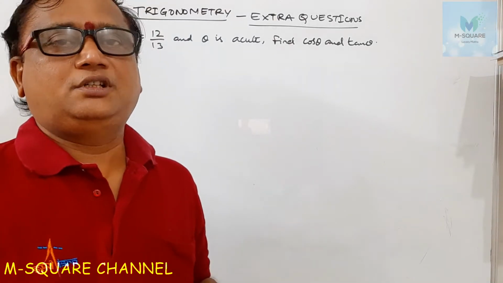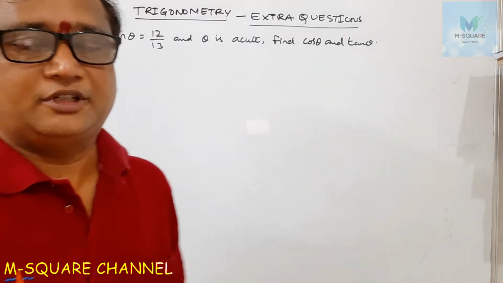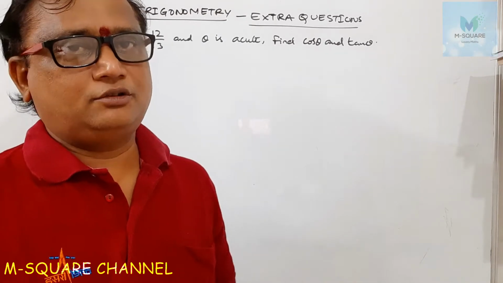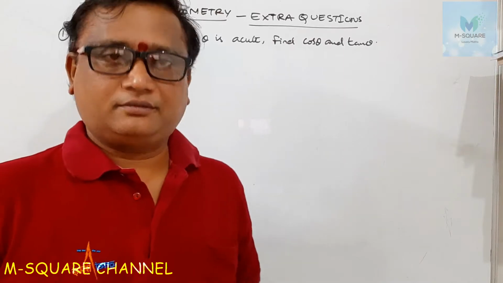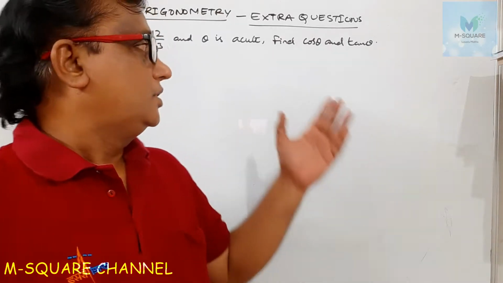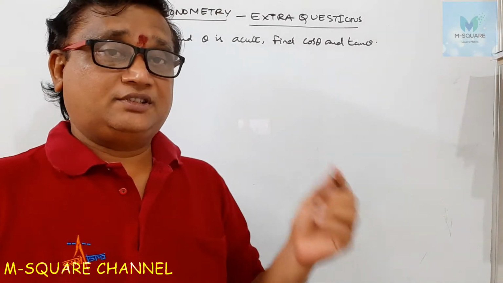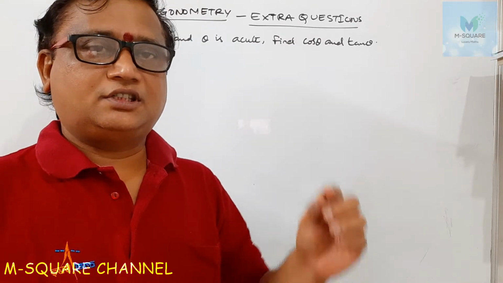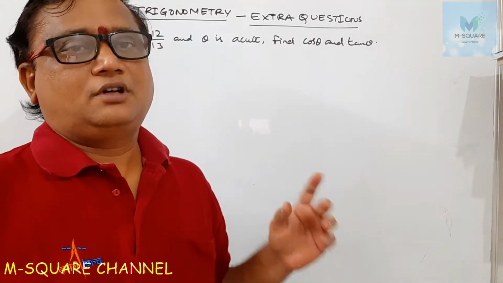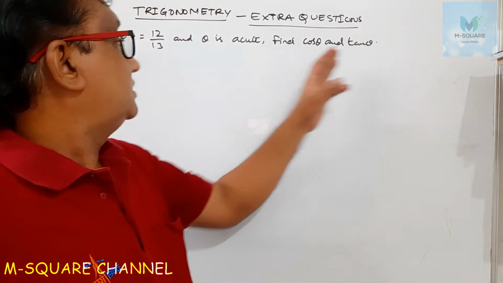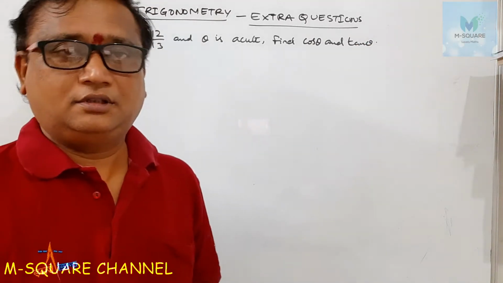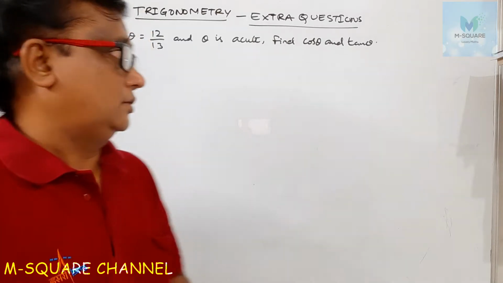Here we are using the triangular method, and normally we can use the triangular method or the identity method. Identity methods are better. See cos theta and tan theta. What is cos theta? It is the relation between cos theta and sin theta. So cos theta equals the square root of 1 minus sin square theta. And then the relation between tan theta and sin theta. Like this we are going to check it over.